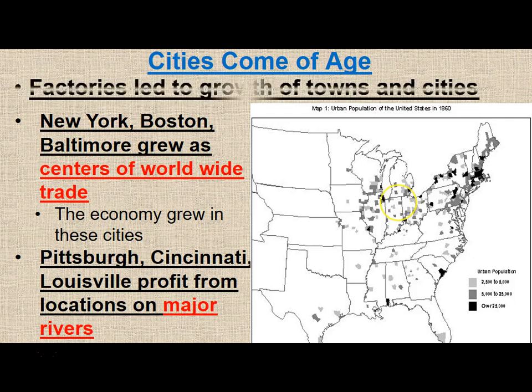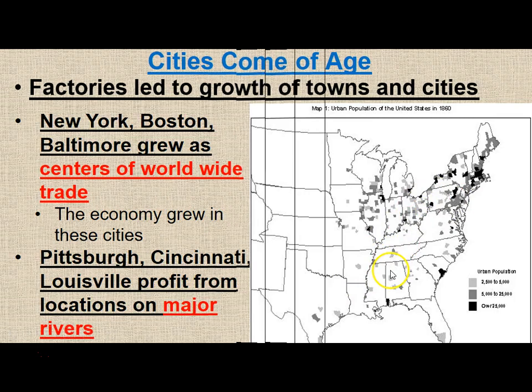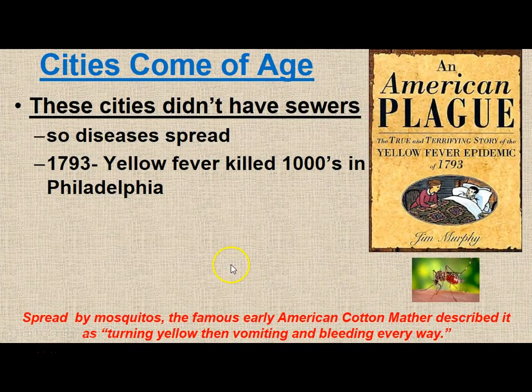Because of this, as we talked about before, cities and the growth of towns, especially in the Northeast, are really a major byproduct and effect of all of this. New York, Boston, Baltimore become centers of worldwide trade at the turn of the century and increasingly into the 19th century. River towns out here in the West, Pittsburgh, Pennsylvania, and Cincinnati, Ohio, and Louisville profit as well as trade comes up the Mississippi River and up and down the Ohio River in this exchange of goods from south to north and east to west. The economy is growing and everybody's getting something from somebody and making some money because there's demand everywhere.